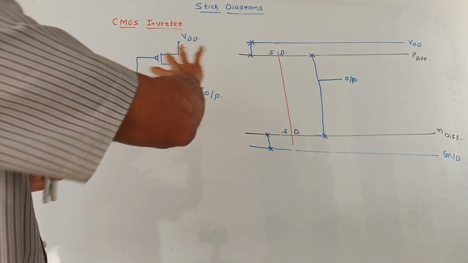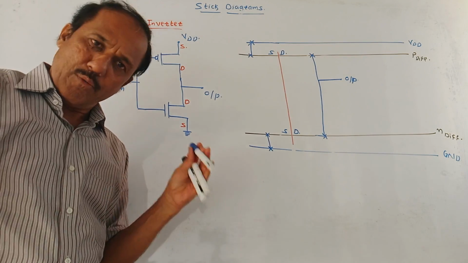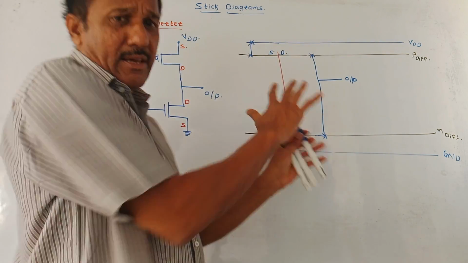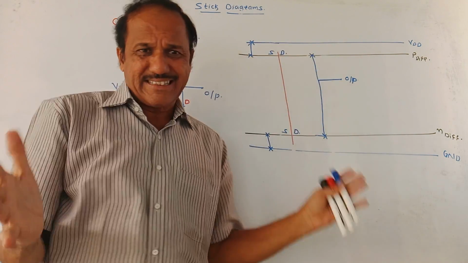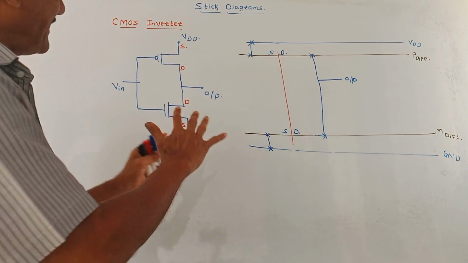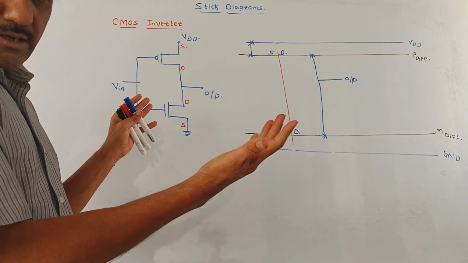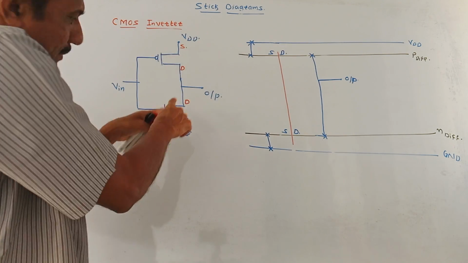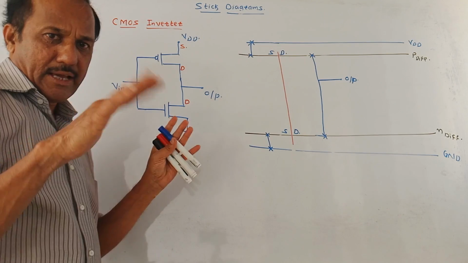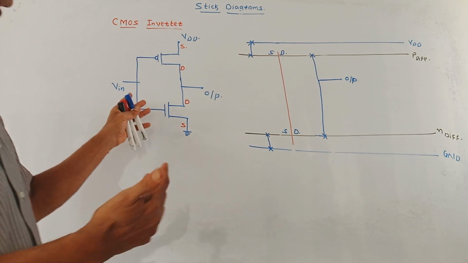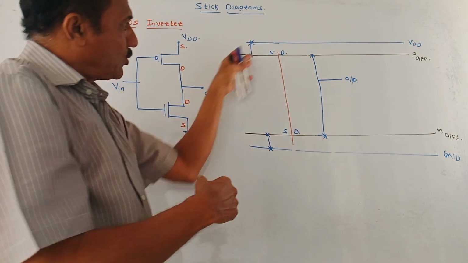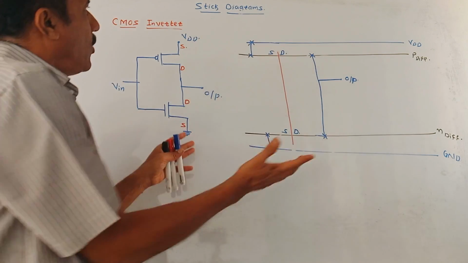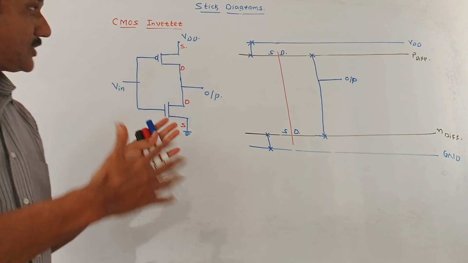So this is the stick diagram representation of the CMOS inverter. Likewise, keeping in mind all these basic things, you can draw the stick diagram of any CMOS logic circuit. The only thing is that the circuit should be drawn properly without making any mistakes. Then using the technique I just explained, you can draw the stick diagram for